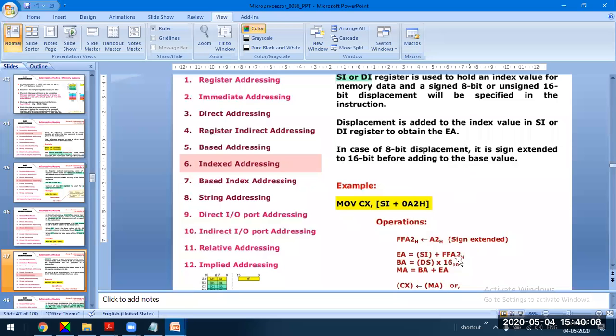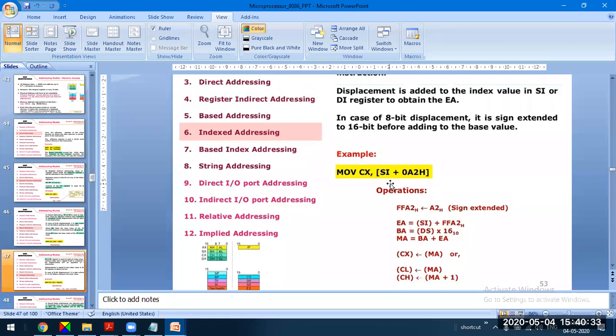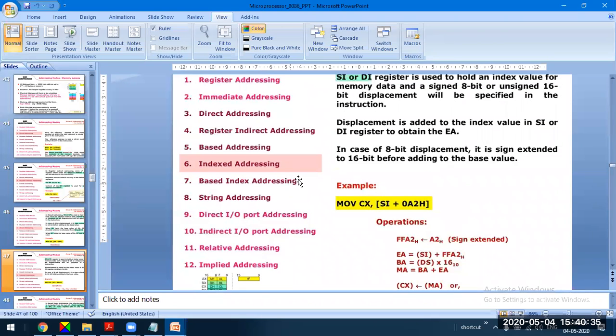Okay guys, anyway, we'll discuss this in the next class. The operation is similar to base register addressing, but source indexing is something different from base operation. So the base operation is different, and the index operation is different. We'll continue in the next class from this addressing mode. You will understand the basic difference between indexing and base addressing operation.